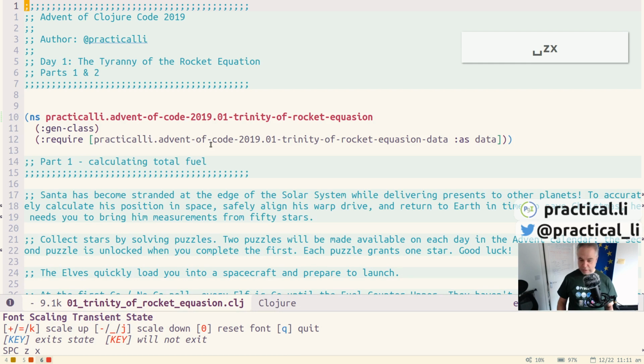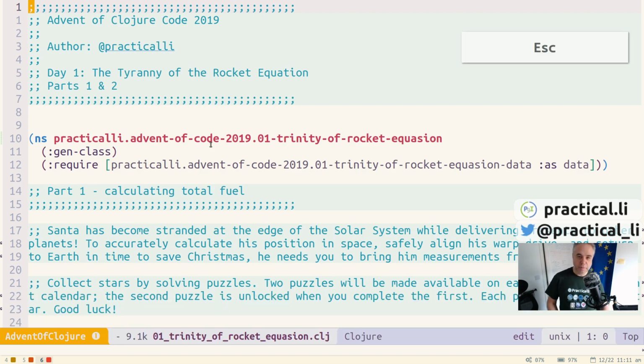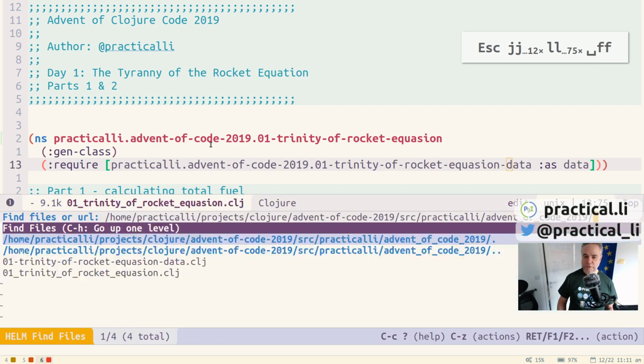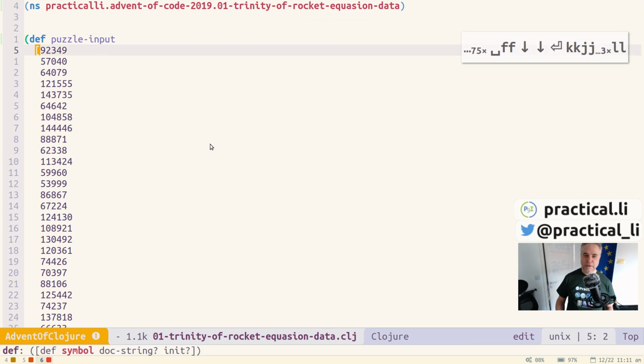I'm going to make that just a little bit bigger. There we go. I've got a new setup, so I'm just tweaking it a little bit. There we go. So we've got the namespace in here, and I've required the data namespace as well. If we have a quick look at the data namespace, I've basically copied all the values into